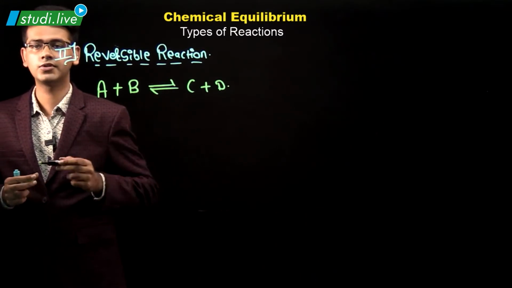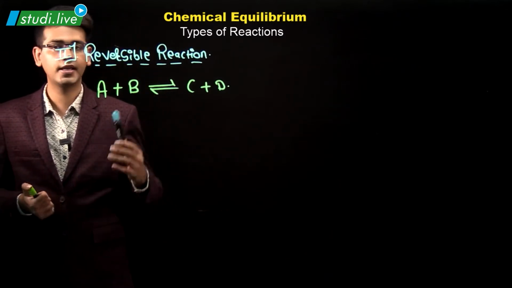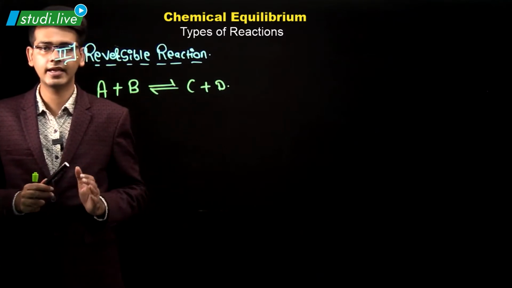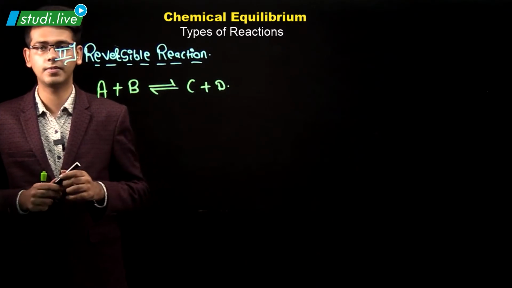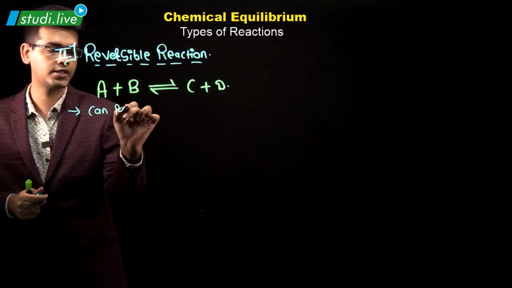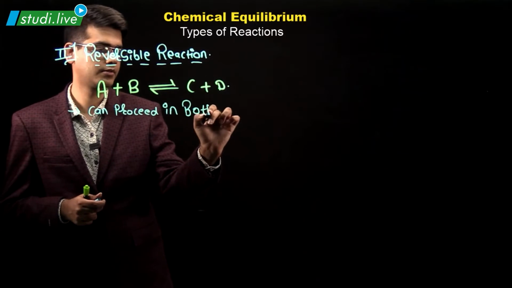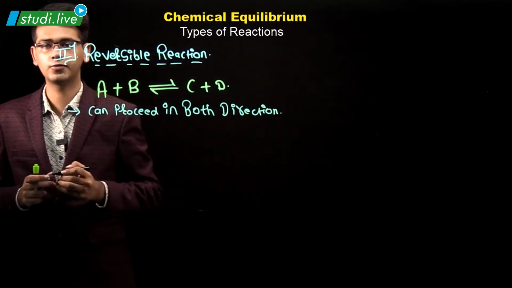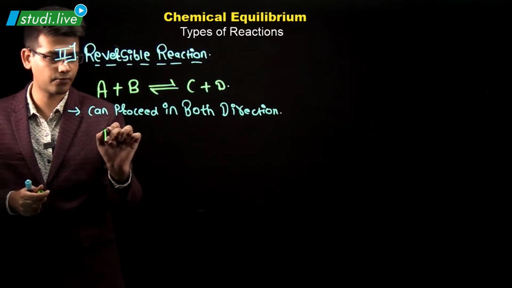Now the very first thing which we have to note over here is that if you look at the arrow by which a reversible reaction is represented, and in the previous video we saw the arrow by which irreversible reaction is represented, both are completely different. This arrow indicates that this particular reaction, or any reaction which we are categorizing as a reversible reaction, can proceed in both directions. Now, which are the two directions, that also we have to understand, which we'll be continuously using in this particular chapter. So, the two directions are forward direction.